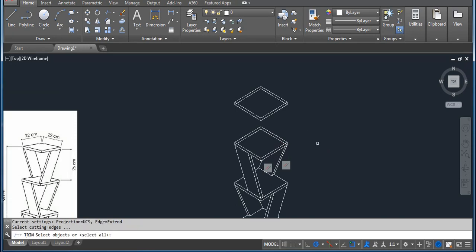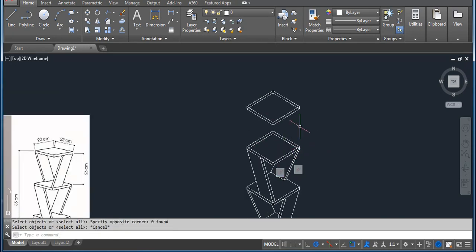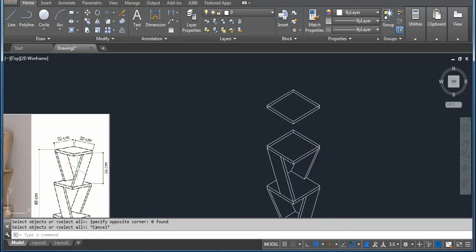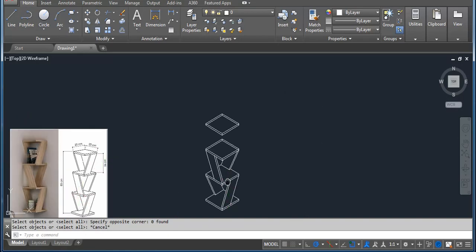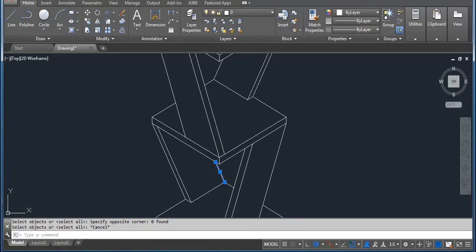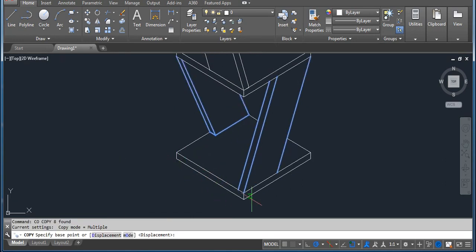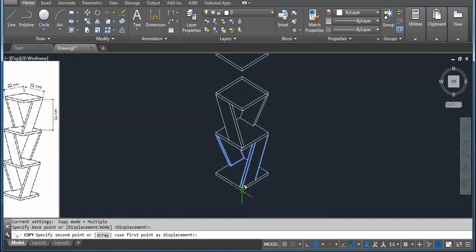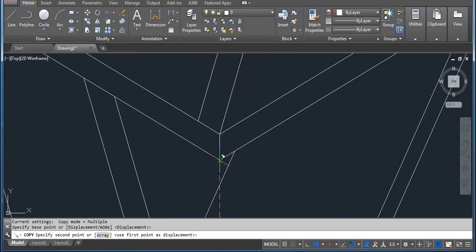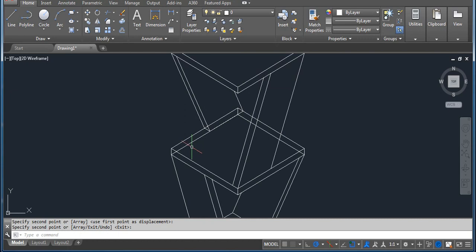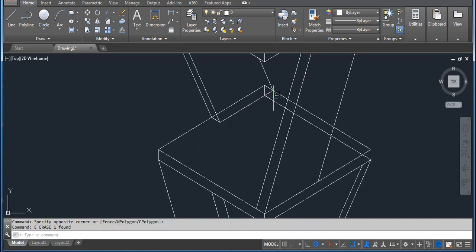और ये लाइन हमें दिखेगी ही नहीं, TR double enter and then trim this line, ठीक है। अभी हमारे पास क्या रह गया, ऊपर वाला पोर्शन, दिस वन। और ये कैसे है, सेम जो हमने नीचे बनाया था, वी कैन सिलेक्ट एंड कॉपी, CO एंटर, एंड पॉइंट, और इसको हम कहाँ प्लेस करेंगे, एंड पॉइंट पे ही, ठीक है। एंड देन ट्रिम एक्स्ट्रा लाइंस जो भी हमें नहीं शो होगी,